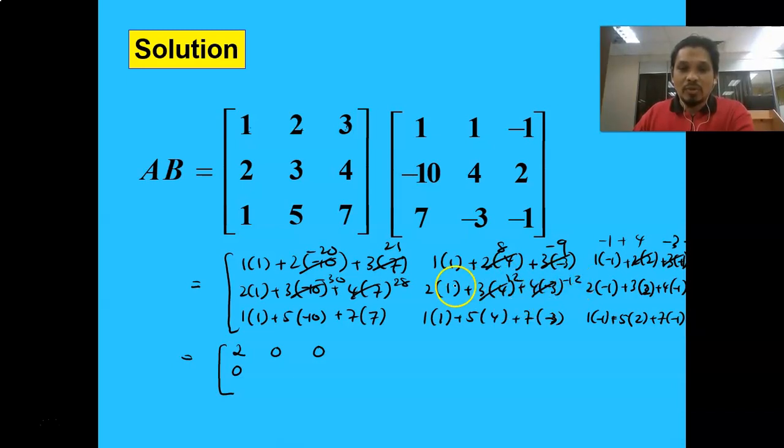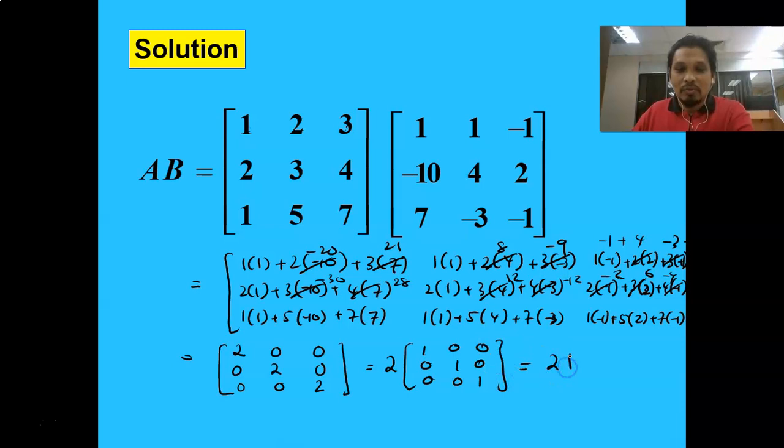12 minus 12, 0, plus 2 equal to 2, and this one here, negative 4, 6, and negative 2. Negative 2 minus 4, negative 6, plus 6 equal to 0. Well, I think that you can guess what we last here is 0, 0, 2. So, class, take out all the 2 here, and then 1, 0, 0, 0, 1, 0, 0, 0, 1, which